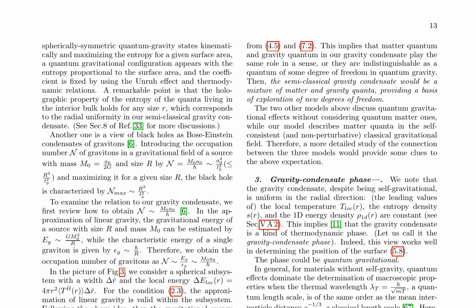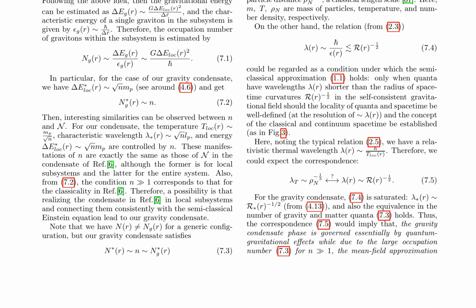The paper discusses spherically symmetric quantum gravity states, where the entropy is proportional to the surface area. It utilizes the Unruh effect and thermodynamic relations to fix the coefficient. The concept of the gravity condensate is introduced, a mixture of matter and gravity quanta, providing a basis for exploring new degrees of freedom. The gravity condensate phase is discussed, characterized by uniformity in the radial direction and specific thermodynamic